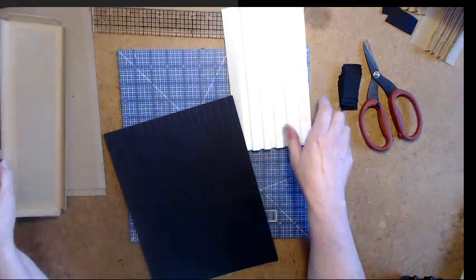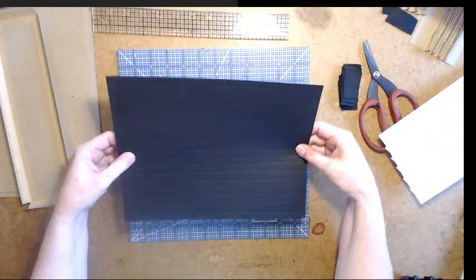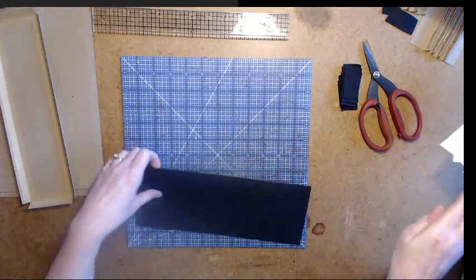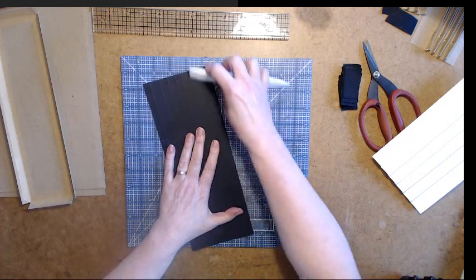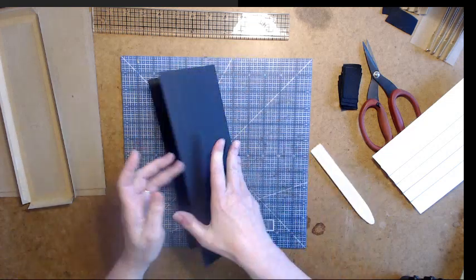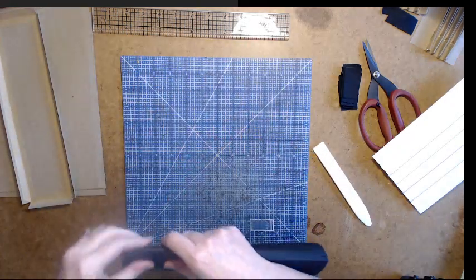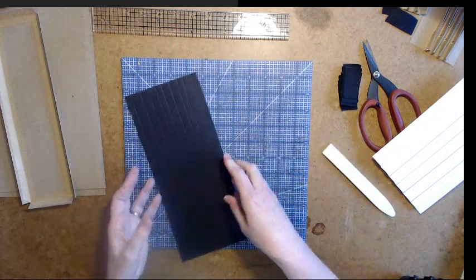So let's go ahead and get this folded so that it looks like this one. So I'm going to start at that center, just because that seems to work best for me. If you want to start at one side and work your way over, that's great. So this is folding, and that's creating the bottom of the first channel. Then I'm going to do my accordion fold, which is folding in the opposite direction